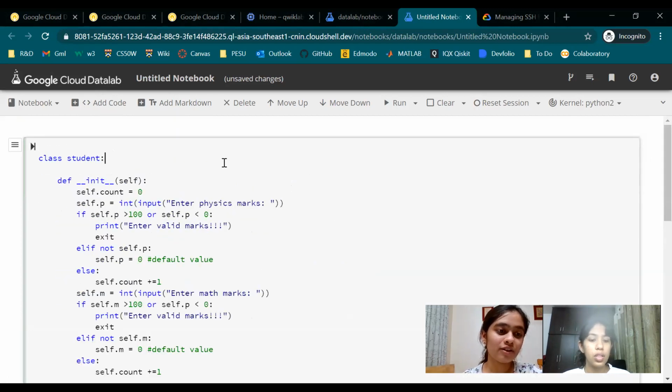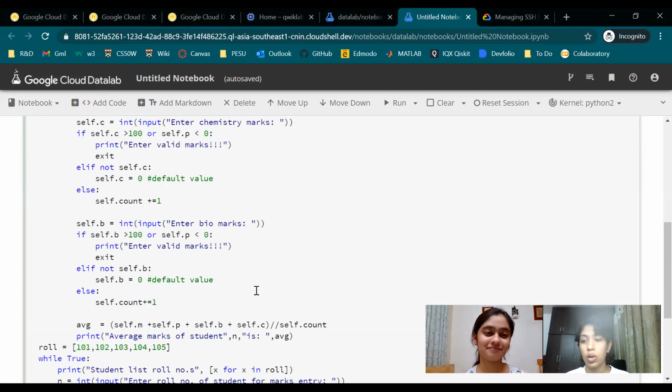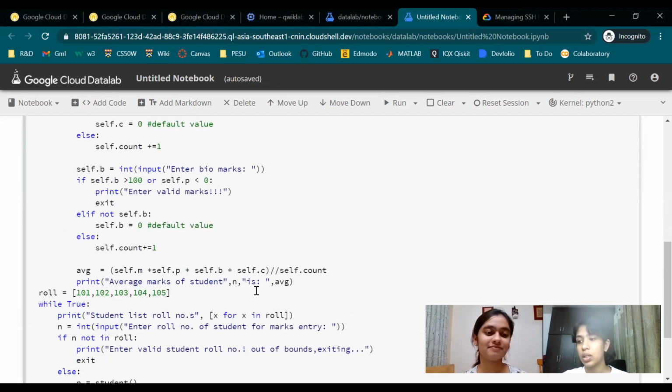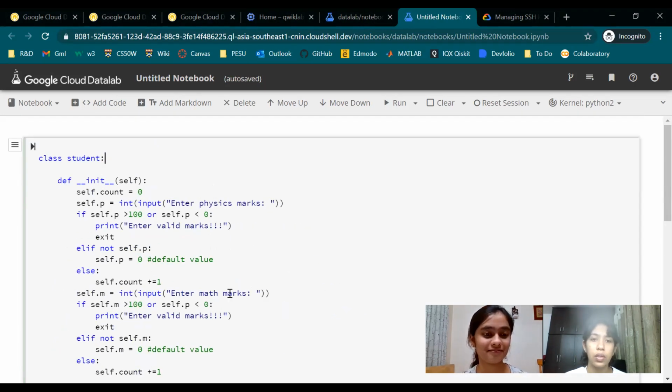The code is for students to enter the marks student-wise in a list that already contains roll numbers. If you enter an invalid one, it doesn't take it. If you enter a valid roll number, it allows you to enter marks for various subjects and then it gives you an average. So I'll run it.